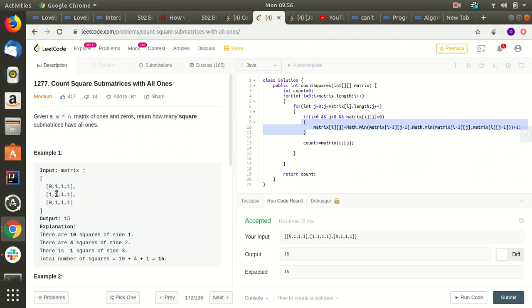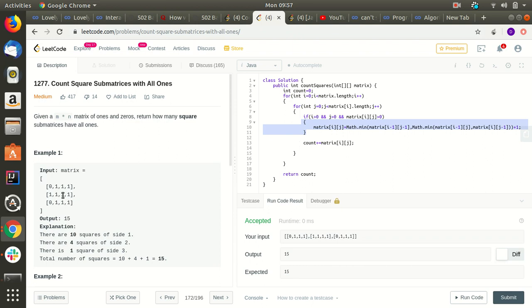So matrix[i-1][j-1], matrix[i-1][j], matrix[i][j-1], take the min plus 1. Over here the minimum is 0, plus 1 we'll be storing 1 over here, which is again the same as it was, so not an issue, and we'll add it to the count.